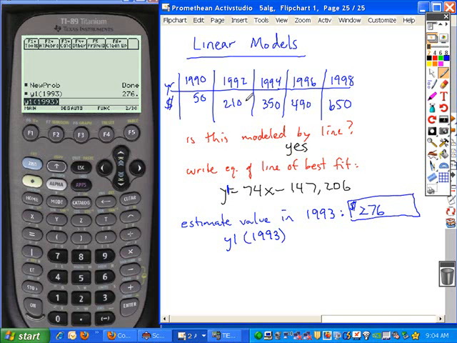Anytime it asks you to evaluate a number and that number falls between the limits of your data, so our data goes from 1990 to 1998, this is called interpolation. It falls within the given range of numbers that you use to create your equation in the first place. Okay, so if you're predicting something that falls within 1990 to 1998, it would be called interpolation, or you'd be interpolating the data. Okay, what if I asked you to estimate the value